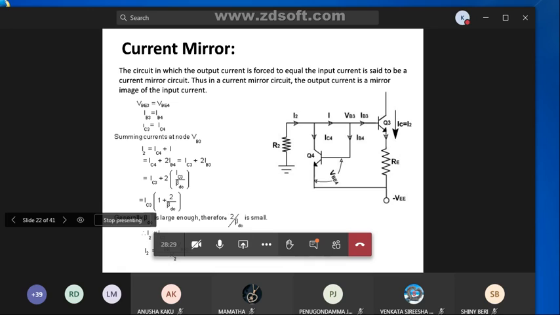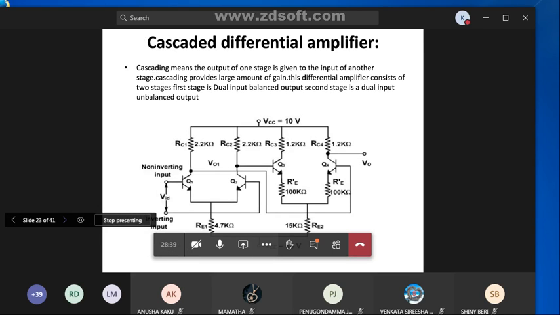Okay. Output current is equal to the input current. So that is the current mirror circuit. So next,